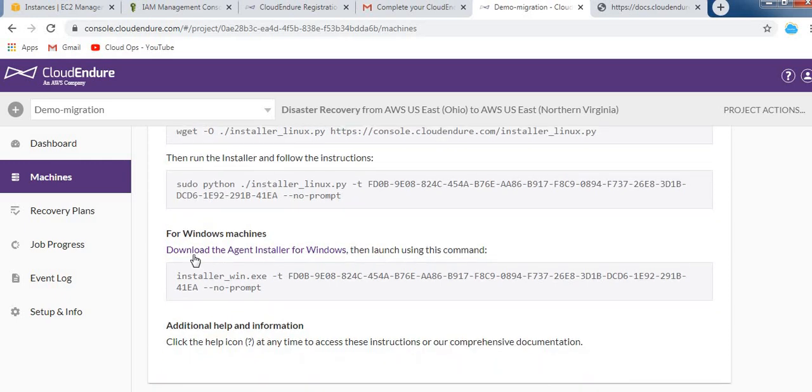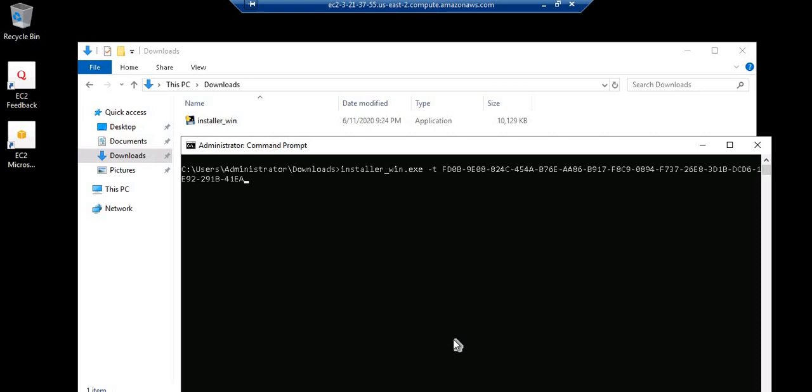For Windows, you need to download the Windows agent and run this command for the installation. Simply copy this URL, open it on your source location, download the agent and do the installation. I have downloaded the agent,